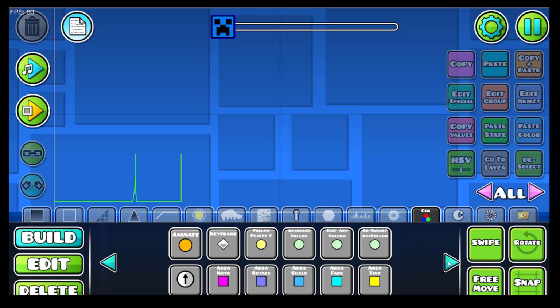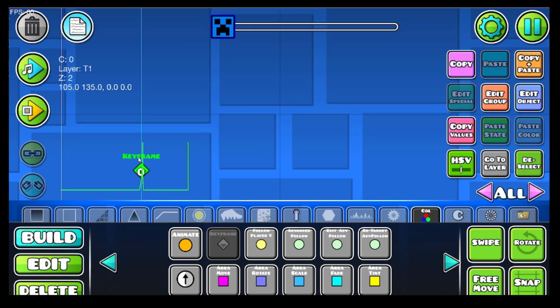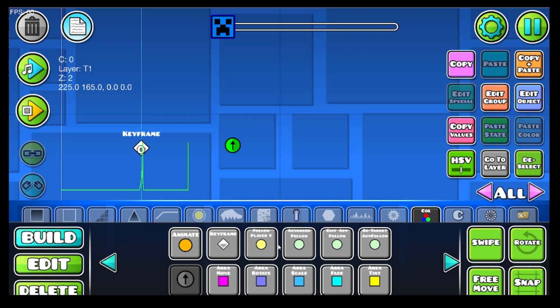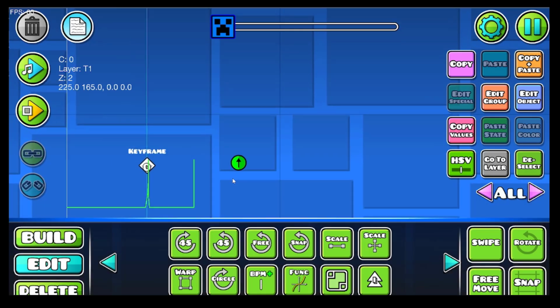And well, this is going to be a pretty long one. Keyframes. So the keyframe trigger makes very complex animations. It's basically the moving, the rotating, and scaling, so it makes some pretty complex movements. And we use this tool right here, which brings up this. It has a lot of stuff, and I'm only going to explain some basics to you. So, with this keyframe tool,